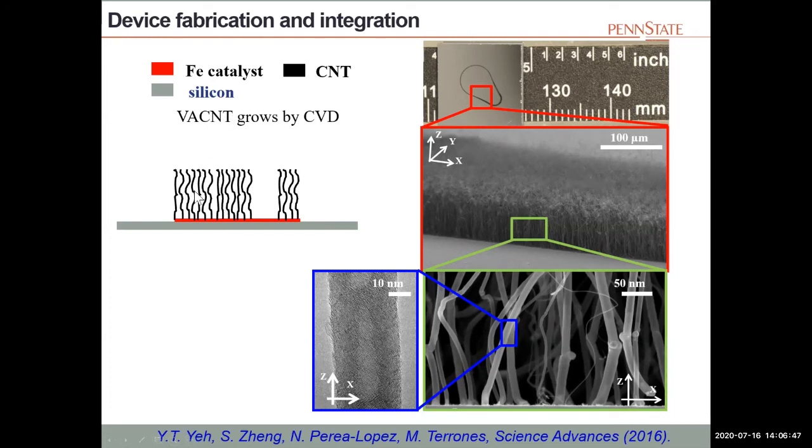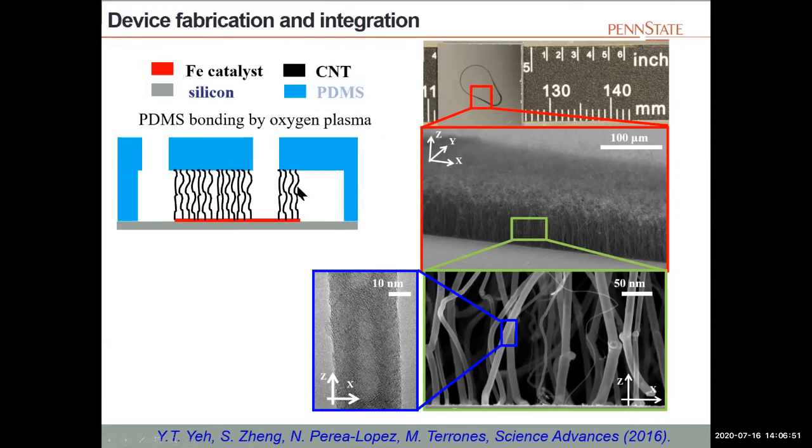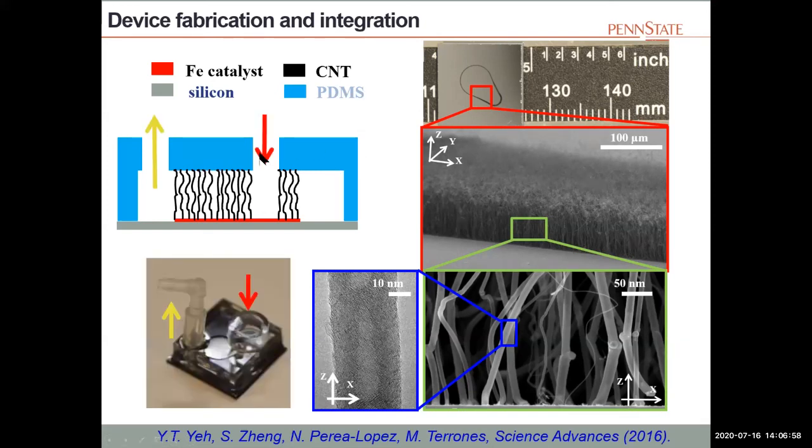Once you grow the carbon nanotubes in these tracks, you put a polymer and create a microfluidic device with PDMS, and then you have flow in and flow out. So you can pass liquids through, and they go through this forest of carbon nanotubes. They go from the inside to the outside, and they pass through this wall of carbon nanotubes, which is like a 3-dimensional filter, and the size of this is 1 square centimeter. And this is the microfluidic device.